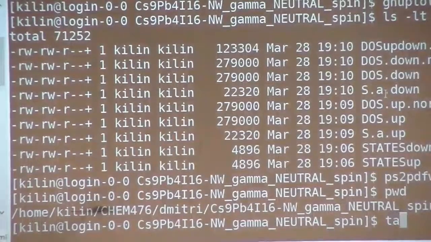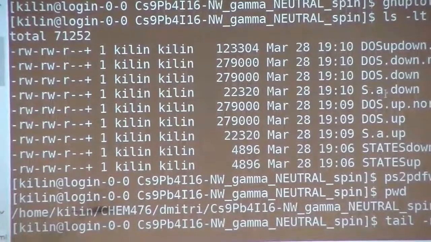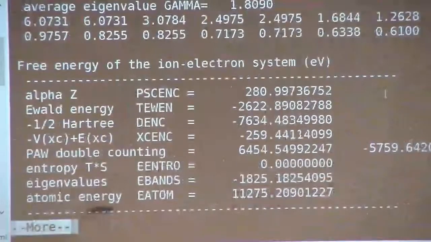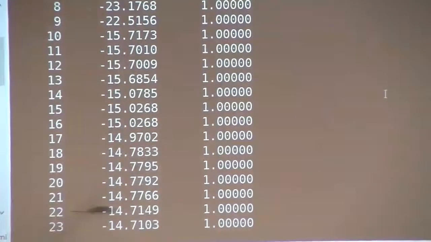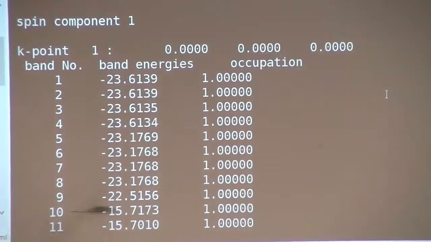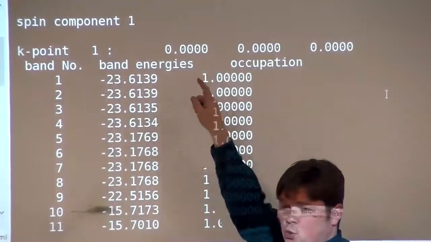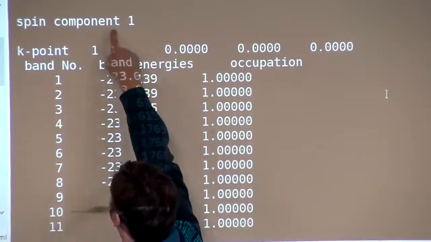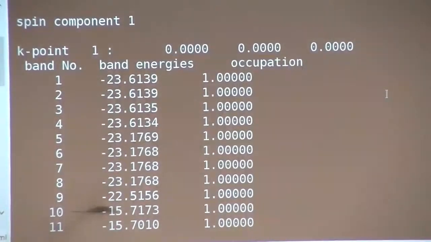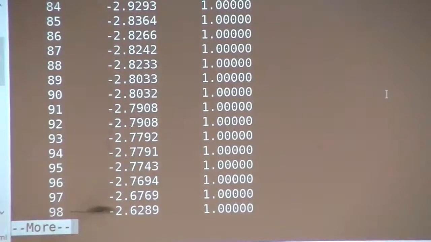So when I'm looking into the out card, closer to the end, I scroll through and observe the following. There is a list of orbitals: number, energy, and occupation. Occupation is 1 instead of 2. It labels spin component 1. And if you scroll through further,